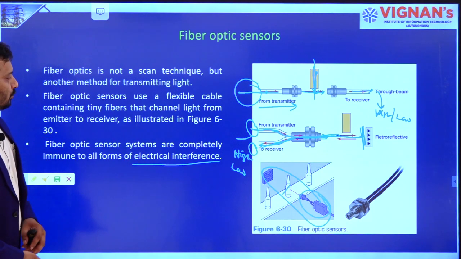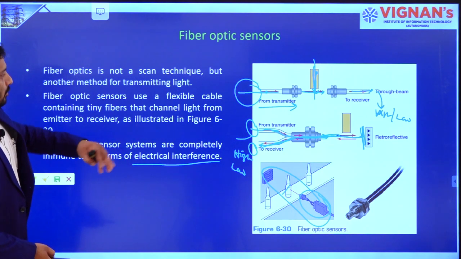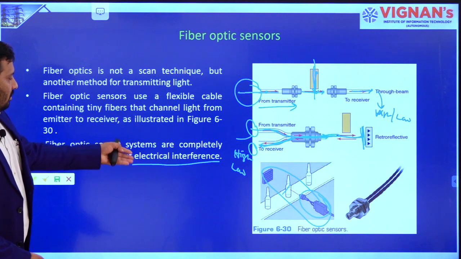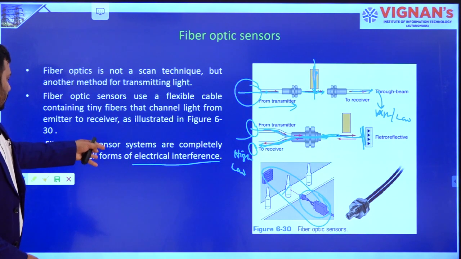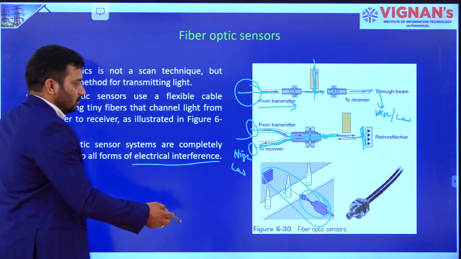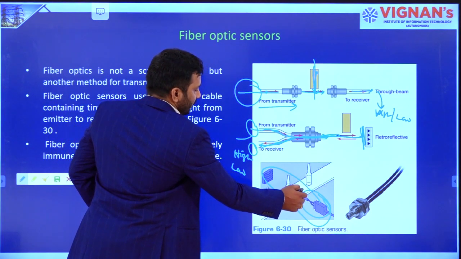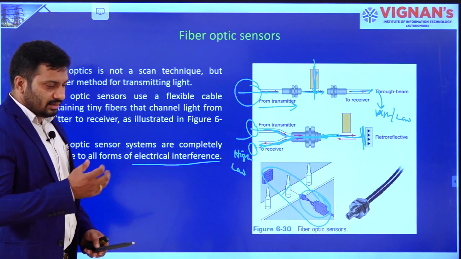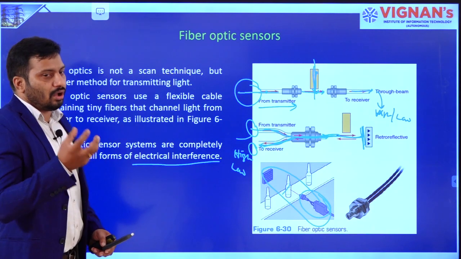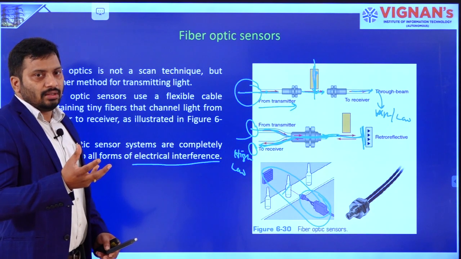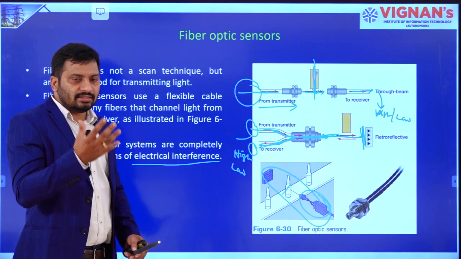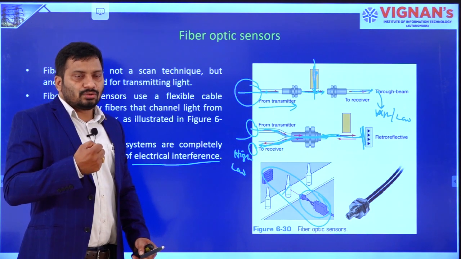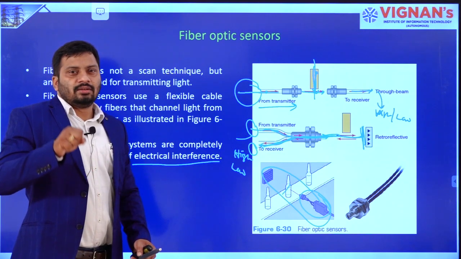Why do we need to use this particular fiber optic sensor, even though we have proximity sensors as well as the light sensor previously, right? This is a little bit immune to electrical interference. That means what? If there are any electrical fluctuations, that is not going to be reflected on the output end, right. The amount of change in light due to the object is what we are sensing. How much the light is changing at the detector end is proportional to whether the object is there or not. So, light is going to be immune to electrical fluctuations, right.